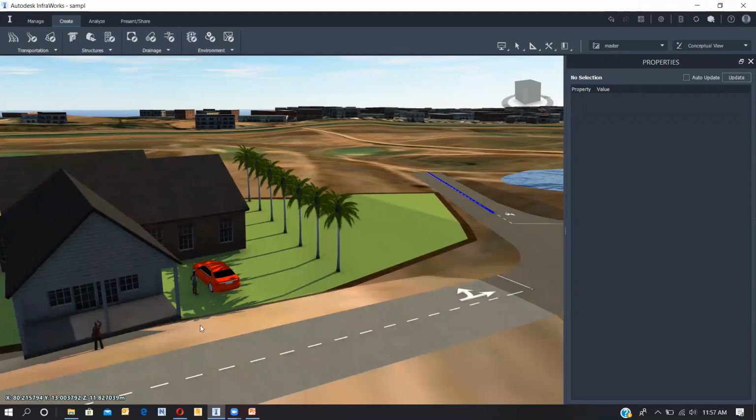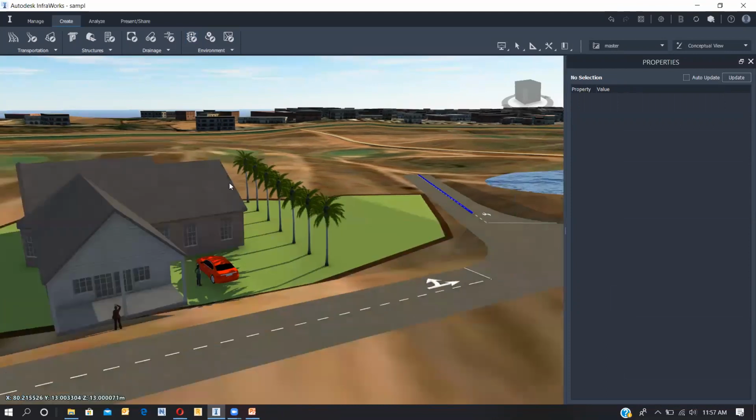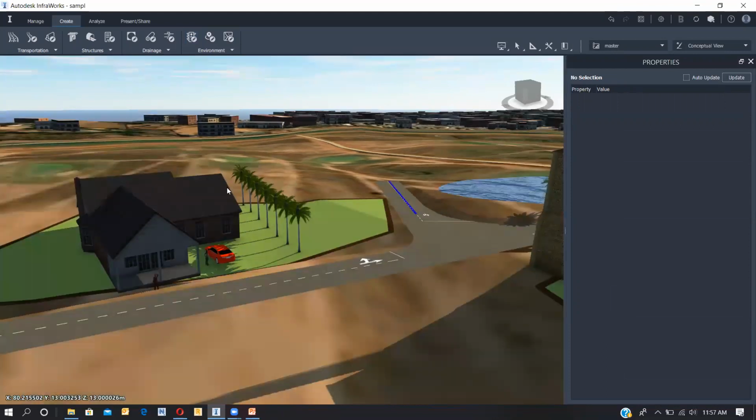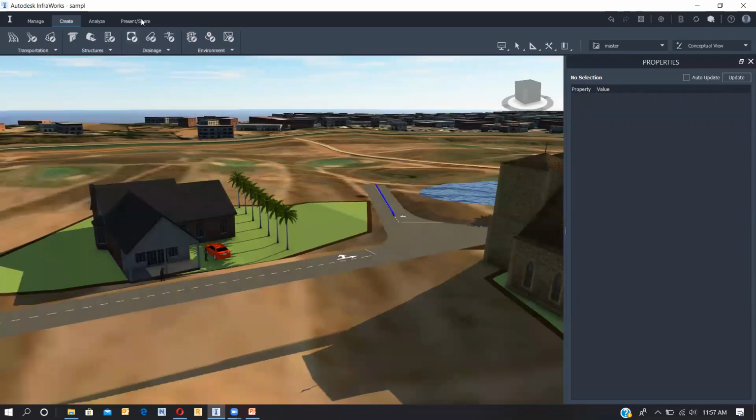So it's quite easy to do the things here. Like we said, we can adjust the timings also, right? In the present, we'll be having the options to adjust the timings.